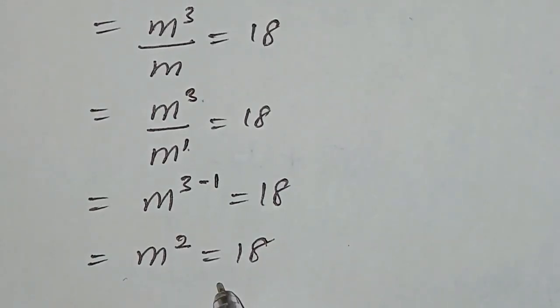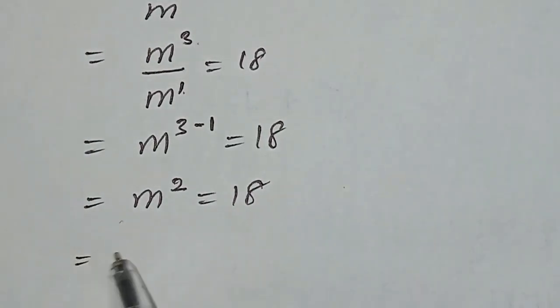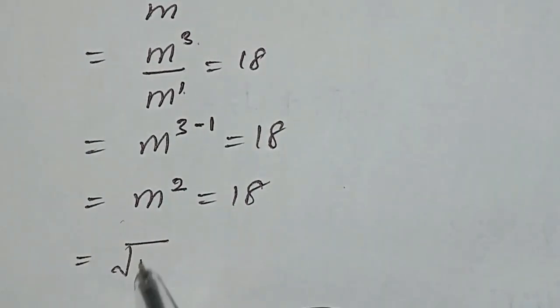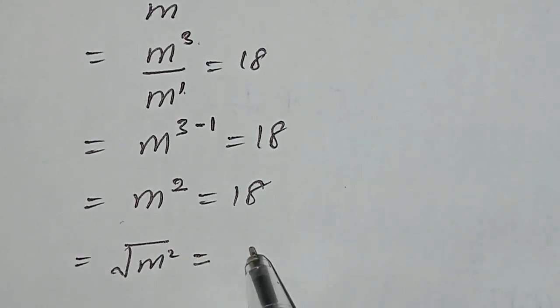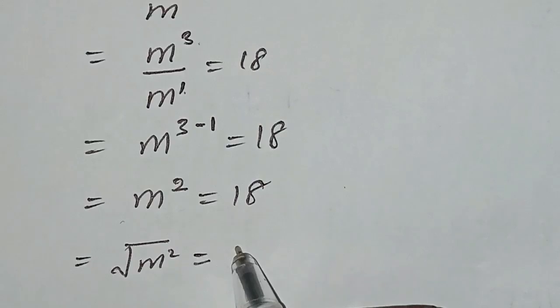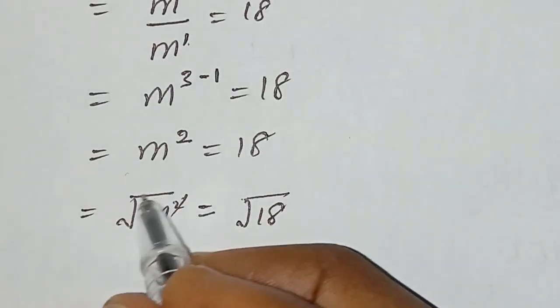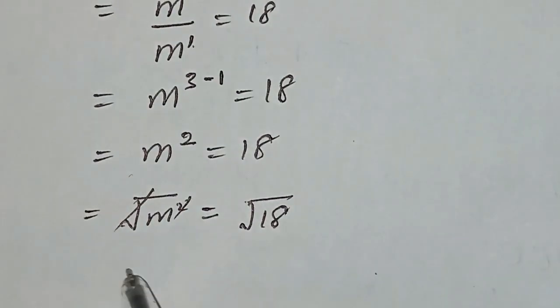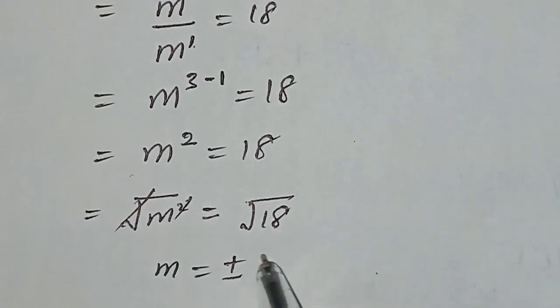We can now take the square root of both sides. The square root of m squared is equal to the square root of 18. So the square root and the square cancel and we are left with m, which is equal to plus or minus